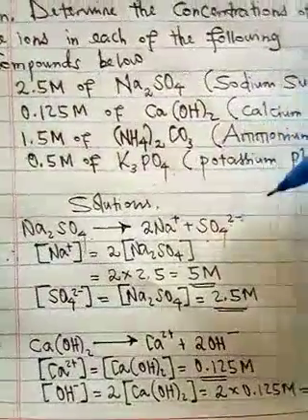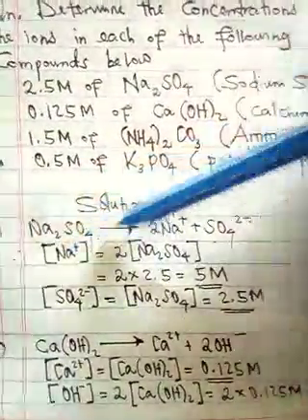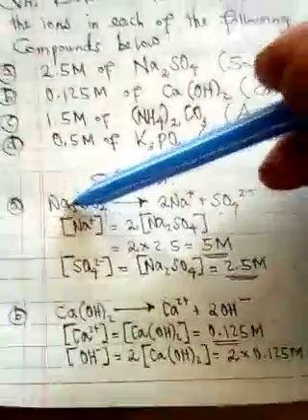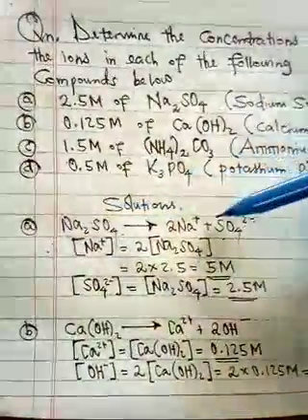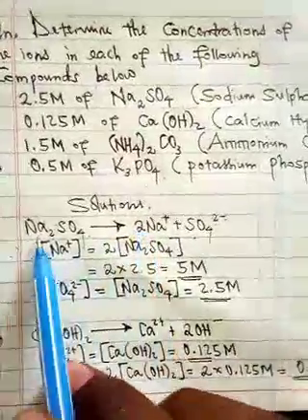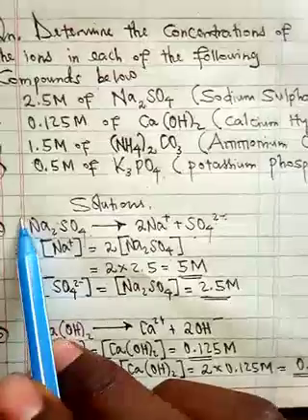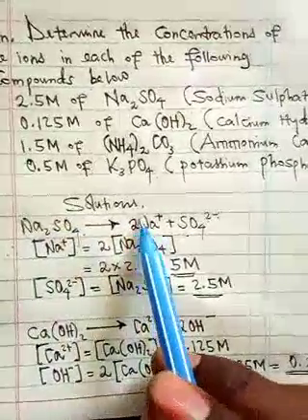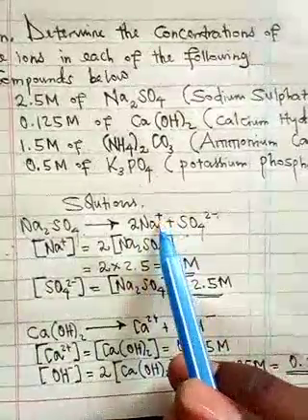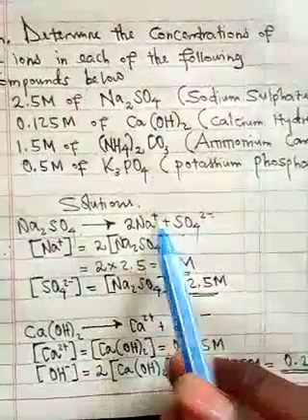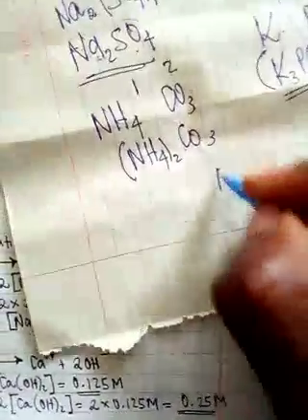We are going to see that in this compound here, there are 2 sodium atoms. So if you are going to write those ions now, you are going to write them in this way. The 2 which is down here is going to be written as the coefficient. This is the whole reason why we are writing 2Na⁺, because it has a valency of 1. Take note, if you write it in this way,